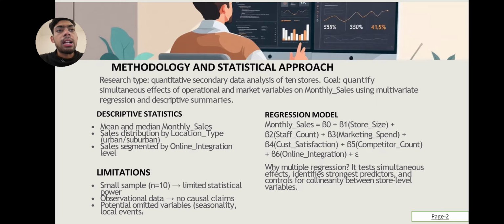I also checked how stores perform differently depending on their level of online integration. Then I also used multiple regression analysis. This allowed me to examine all factors at the same time and see which ones have the strongest influence on